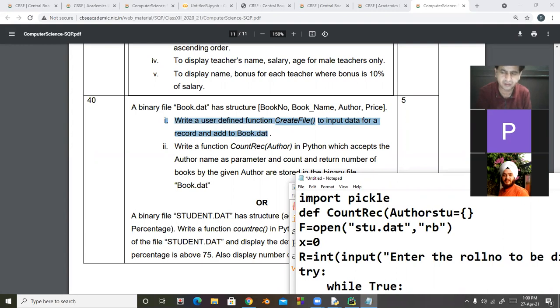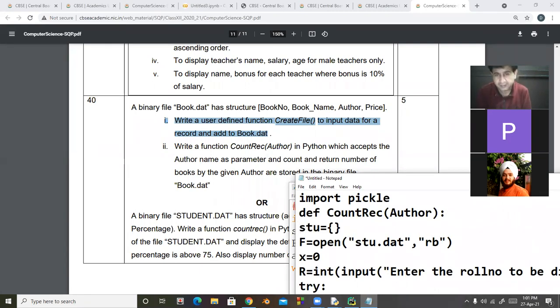So author is a string parameter we will have to pass when we call the function. This program deals with books, so that's why I am taking the dictionary name book. We open the file, the name of the file is book.dat, and this is in reading format.